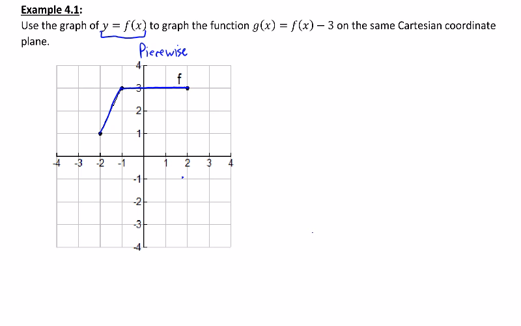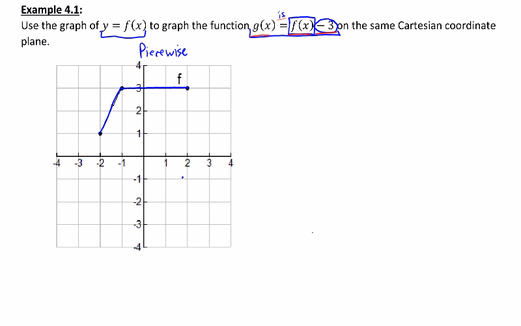So let's look at what we're supposed to do to this. What we're supposed to do is create a new function called g of x. And g of x is equal to f of x minus 3. So f of x is mentioned in the equation for g of x, but it also has this subtraction of 3. So this is saying that g of x is, so anytime you see an equal sign, that means the word is. So if I'm reading this statement from left to right, I would have g of x is f of x